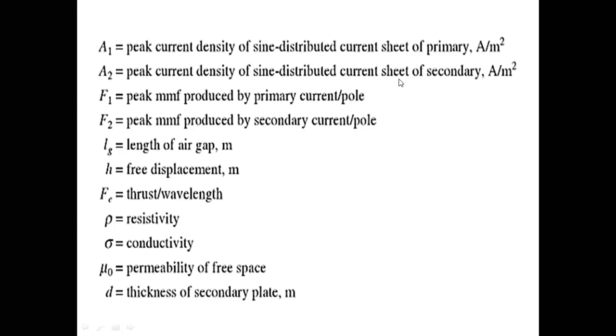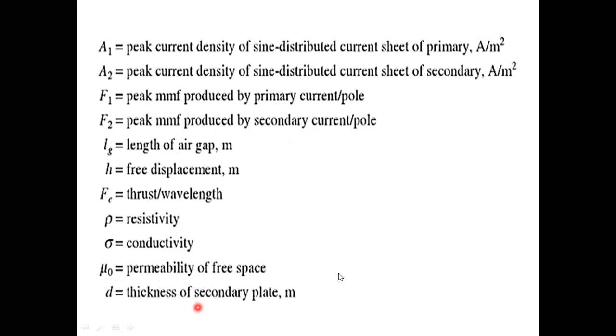And F1 is the peak mmf produced by the primary current per pole. And F2 is nothing but the peak mmf produced by the secondary current per pole. Lg is the length of the air gap, and Lt is the free displacement. Fe is the thrust per wavelength, rho is the resistivity, sigma the conductivity, mu naught the permeability of free